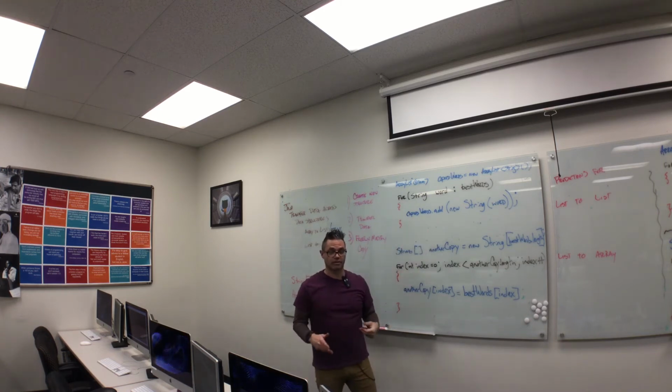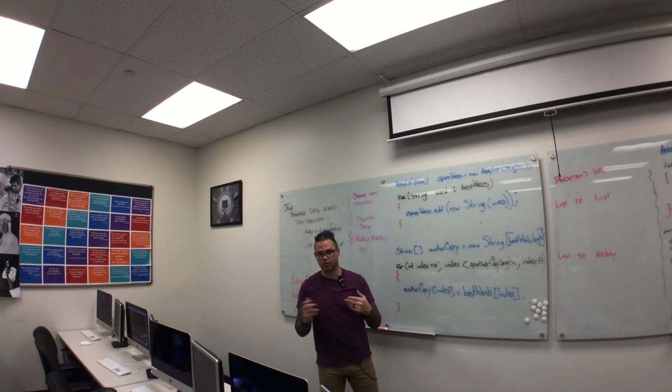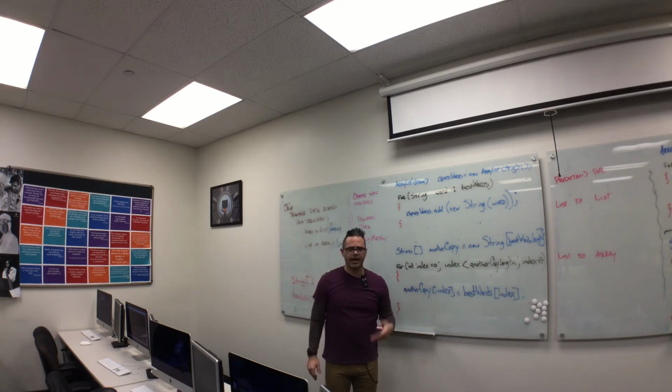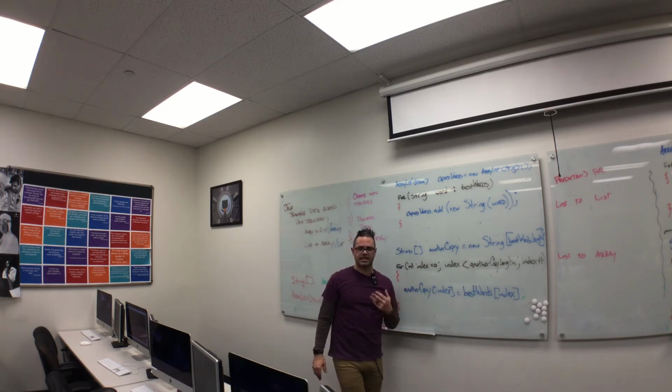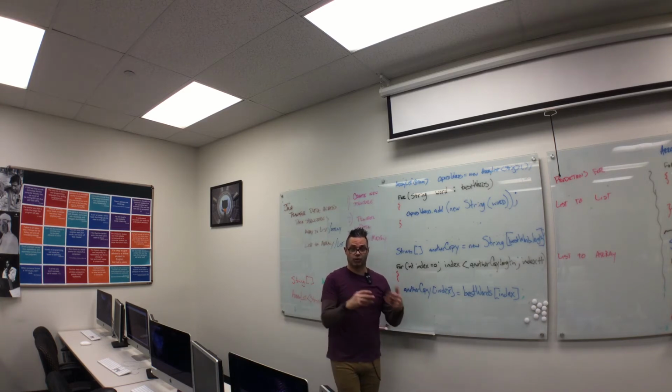But that's, again, we're talking about some of the different ways we can actually look at getting that information. Now, before we go over and look at how we can do this with an array list to a list and an array list to an array, I'm going to take some time, use your head, and make some predictions. What would be the steps I need to make to go from a list to an array or a list